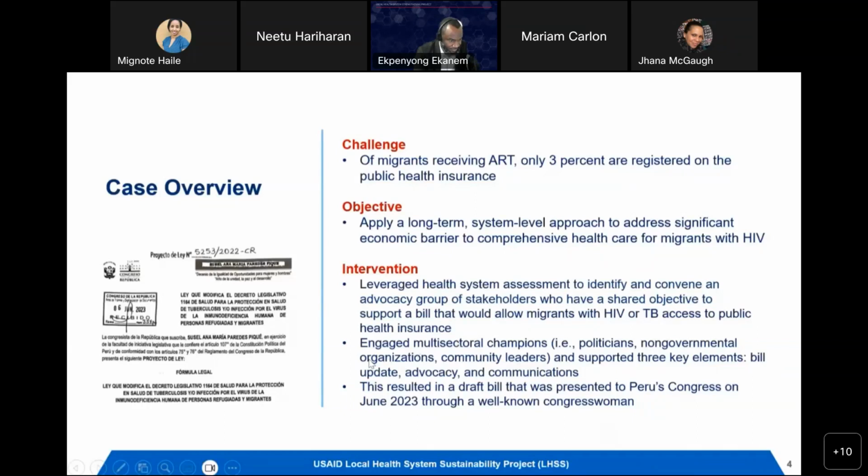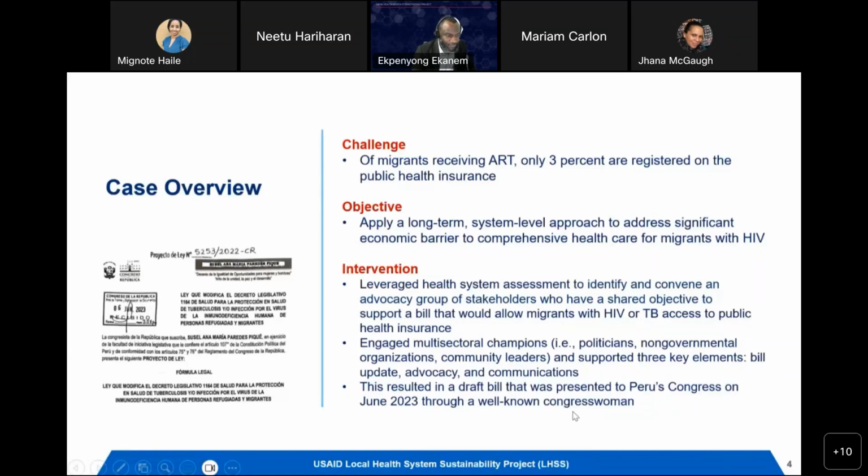We engaged champions from several sectors. We engaged politicians, NGOs, international cooperation agencies, community leaders, and we worked in 3 areas: the bill development and update, advocacy, and communications. All of these efforts, about 1.5 years, resulted in a draft bill that was already presented to the Peru Congress in June this year through a well-known congresswoman. Since then, we have been supporting the process after the bill is presented, like obtaining a parallel opinion from